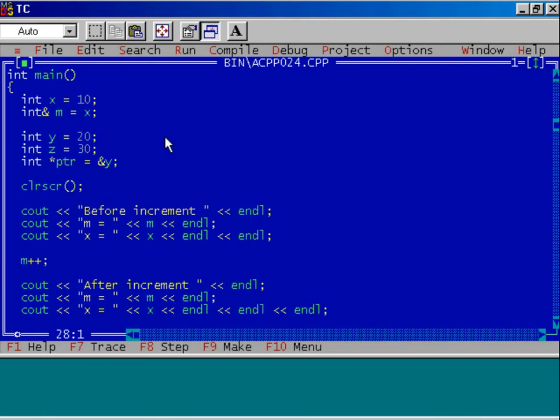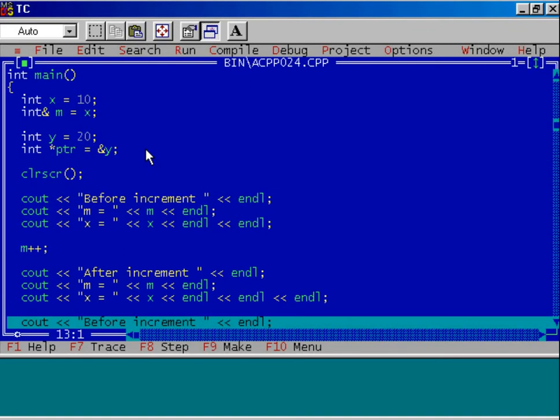Here we'll study the behavior of pointer variable. I have declared another variable, namely y. It is an integer type of variable and value is 20. There is no need of this z variable. I'll remove it. Now I declare a pointer variable ptr. It is an integer type of pointer. I mean, this pointer variable is pointing to the integer type of data, and I assign address of y to this pointer variable. So after this assignment, ptr pointer is pointing to the variable y. Is it clear to you?